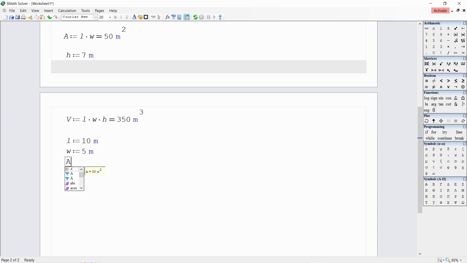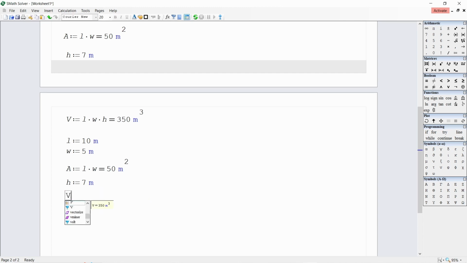And then area will be equal to length times width equals 50 square meters. If we add another dimension, which is height, H equals 7 apostrophe M, press enter.